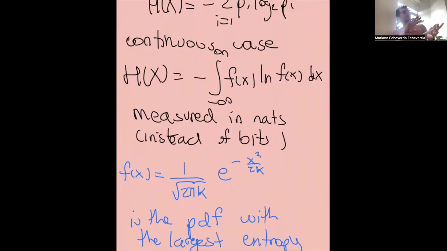So among all the probability functions with the same average and standard deviation, or variance, the Gaussian is the one with largest entropy. So it's kind of like it maximizes a quantity. So that's one way to think about how it would appear. That's a very elegant way to think about it, because it's kind of like a maximization principle,